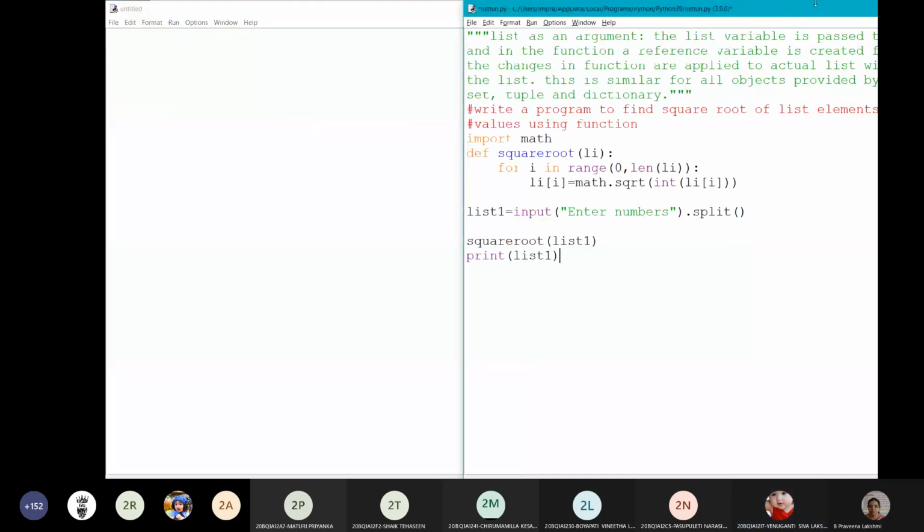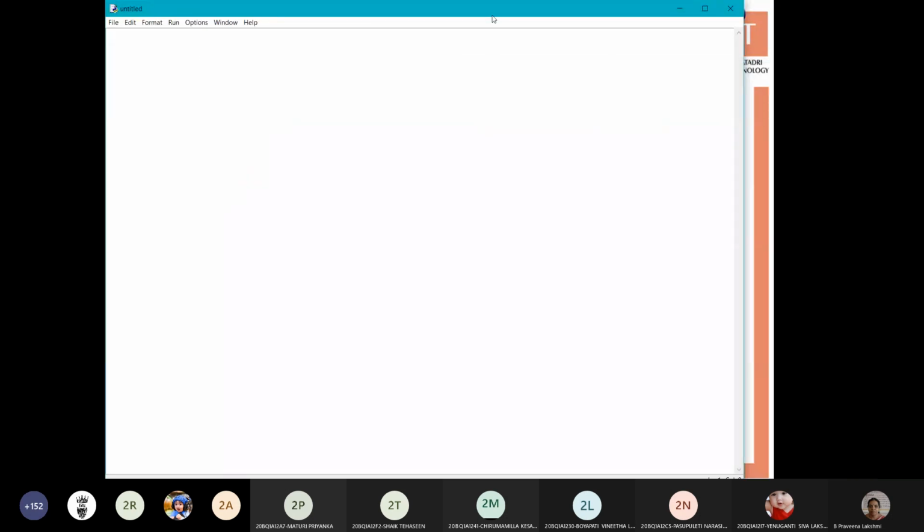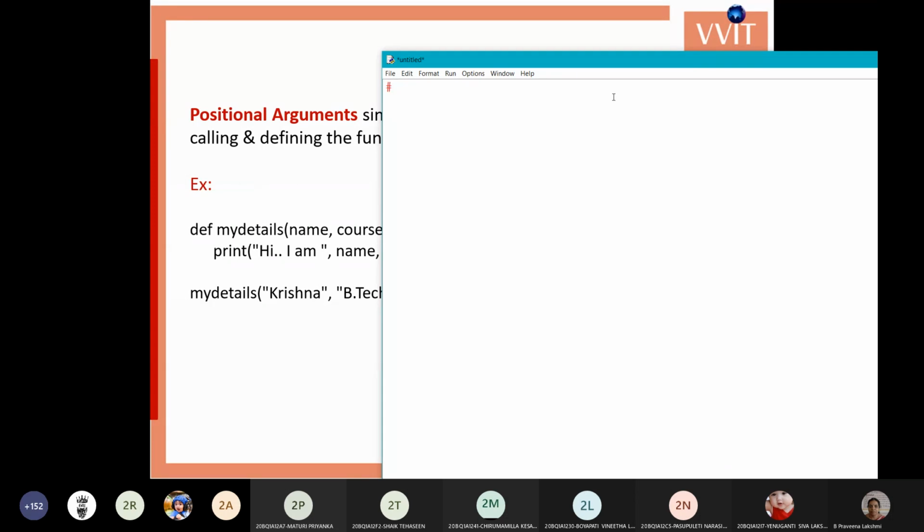New file. Now we'll do the example. Write a program to find the sum of three numbers using functions. def sum of a comma b comma c, return a plus b plus c.